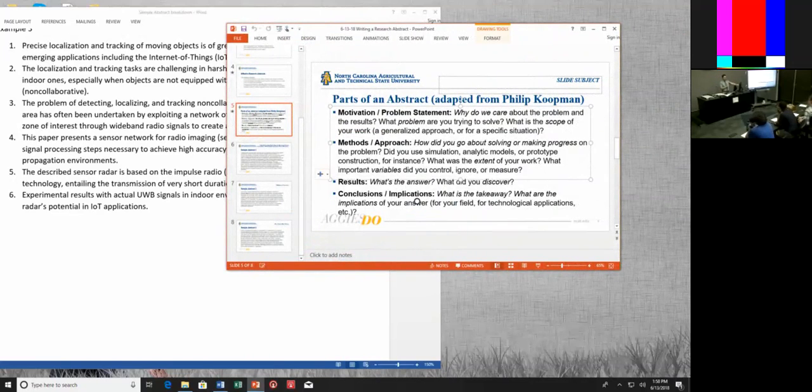Write a sentence about the background motivation. Write a sentence about the problem statement. Write maybe a couple sentences about your methods, a sentence about your results or some aspect of your results, and 1 sentence about your conclusions and implications. And there you go, you have yourself a research abstract. So, you know what I mean? If nothing else, you can use that as a template, a very basic template, but one that actually maps pretty well onto some really nicely written